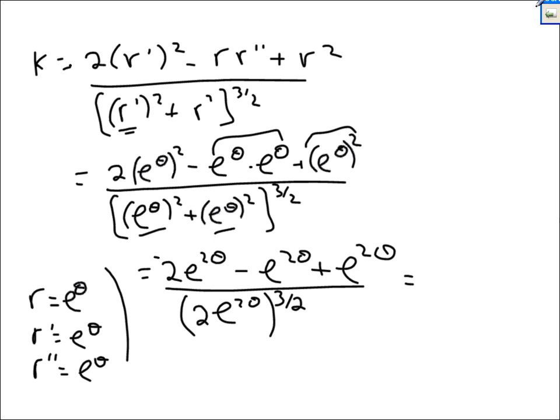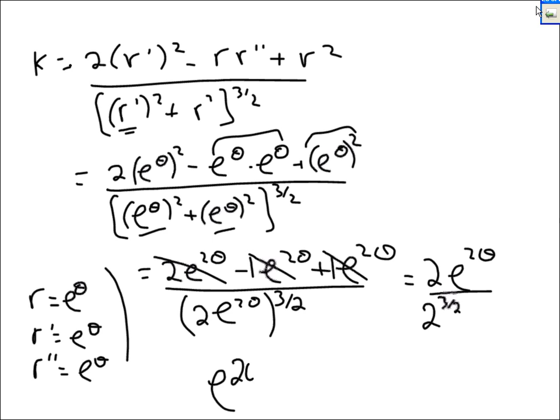Okay, if you have 2 e to the 2 thetas and you take away one of these things, you have 1 left, and then if you add back 1, you have 2 of them. So you have 2 e to the 2 theta, divided by 2 to the 3/2, and e to the 2 theta to the 3/2, you multiply the 2 theta by the 3/2, and you get